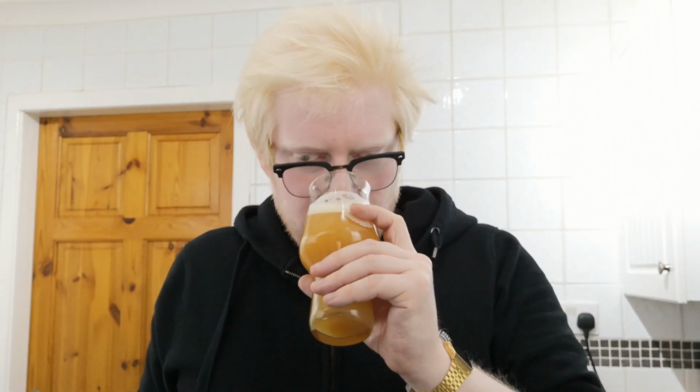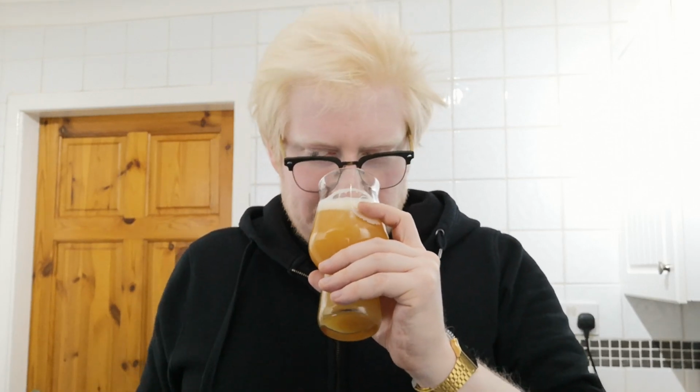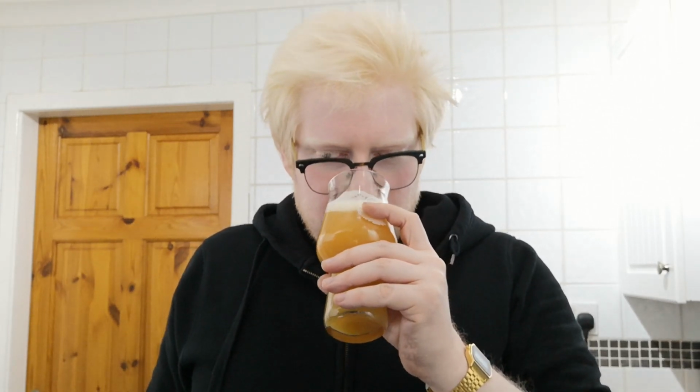I mean, it's smelling absolutely wonderful. Loads of pineapple. Big hit of mango. Very subtle citrusy tones coming through. Sticky, resiny, piney goodness. That's like an oniony, garlicky sort of vibe, which funny enough, I'm going to be making some